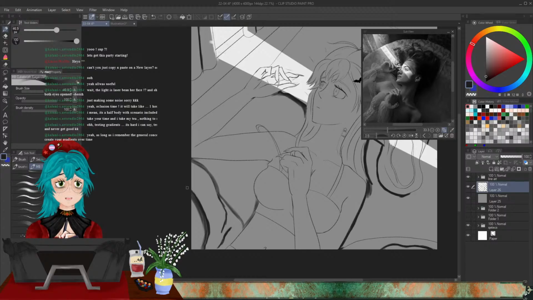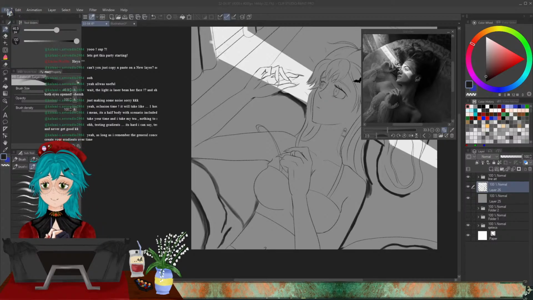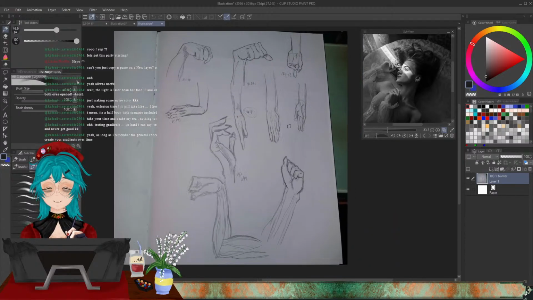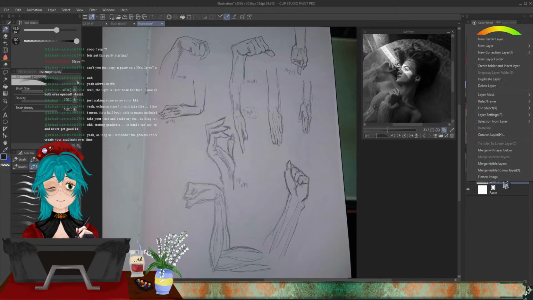I found a technique to clean up drawings, like hand painted sketches. I have an example to show. I mean, I hope it works. Here I have some hand studies I made, and it's very messy. So what I would do, I would